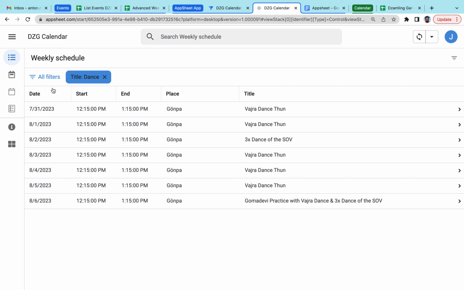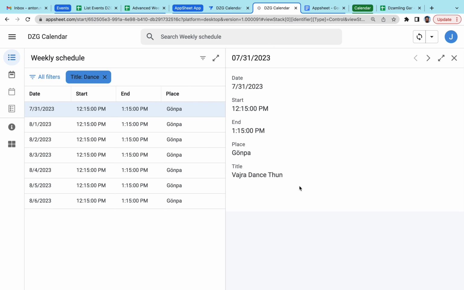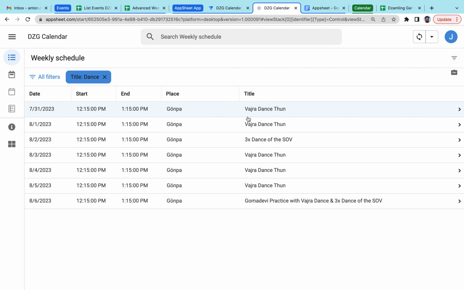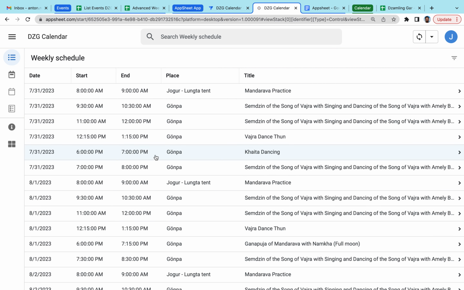Also, maybe it would be useful to add the weekdays here, so it's also visible at which day this event is happening. And also there is the possibility to click and see information about some particular practice.